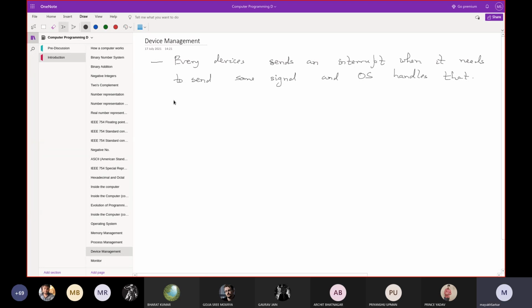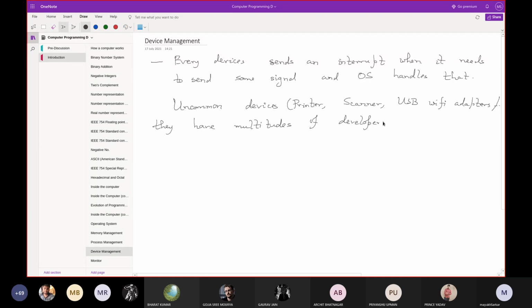That's why the uncommon devices, like the printer, scanner, maybe the USB Wi-Fi adapter, because they have multitudes of developers, and each can send various types of interrupts.